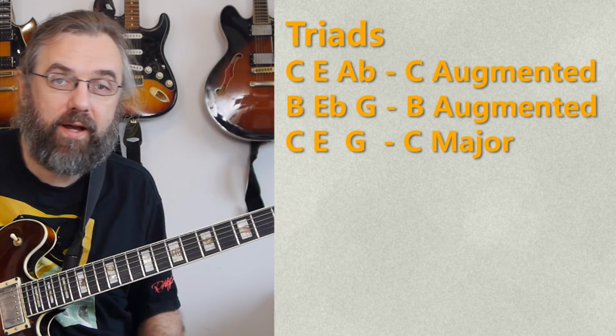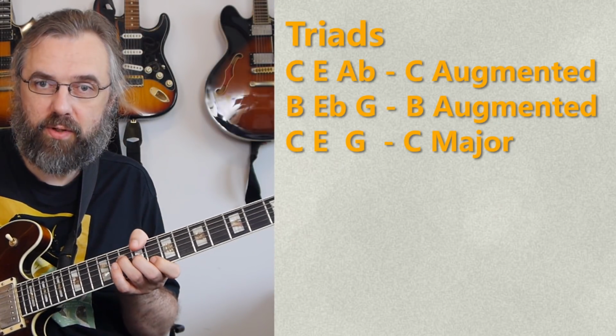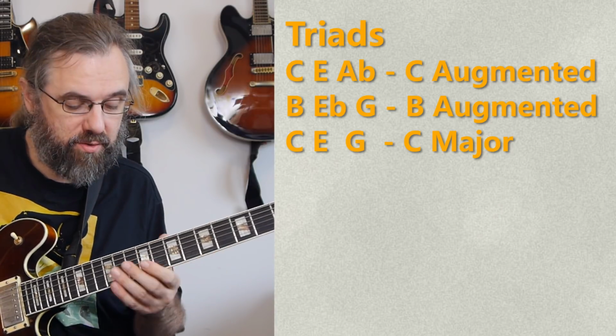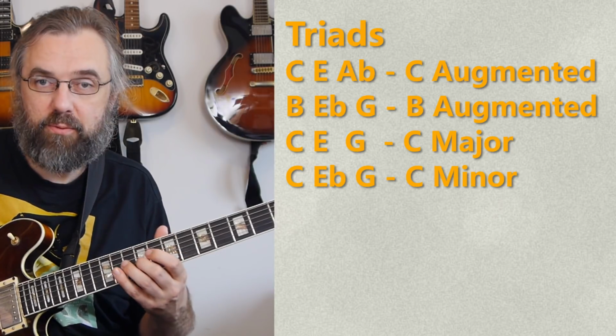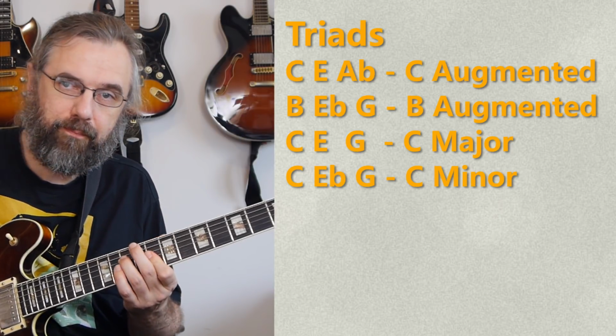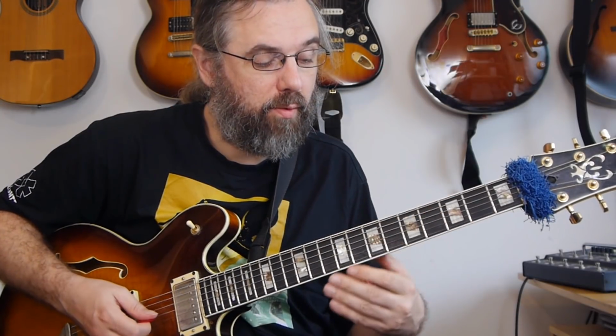As you've seen until now in the augmented scale, we have the augmented triad on C, and we also have a major triad. In fact we also have the minor triad, because we can take this triad and replace the E with an E flat, so we have a minor triad as well. So that would be something like,